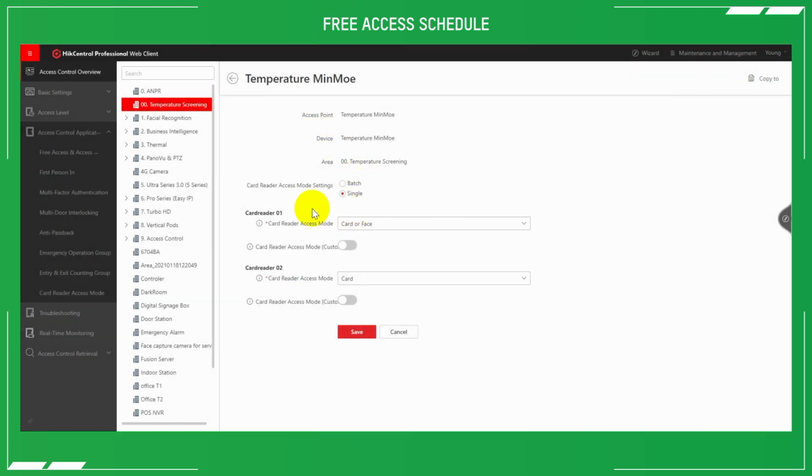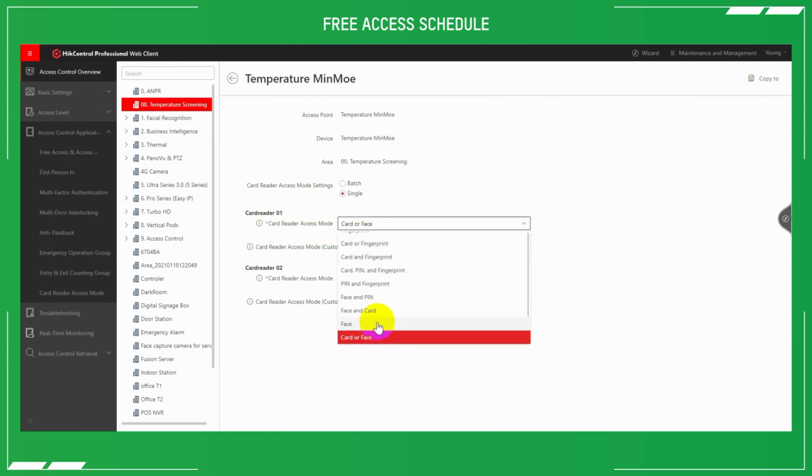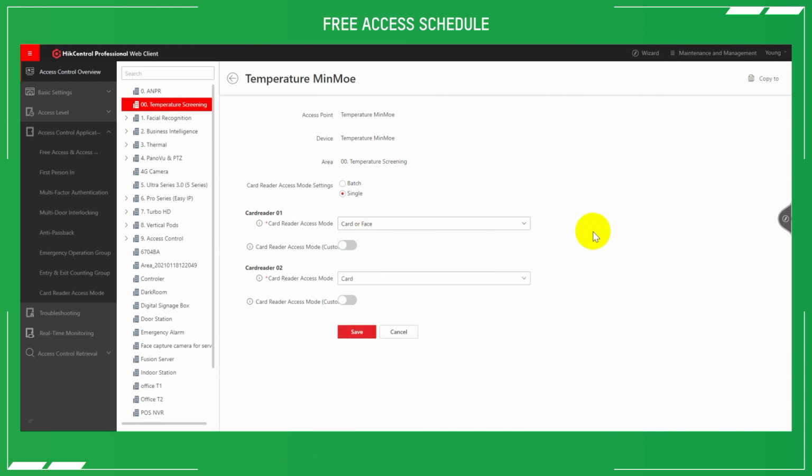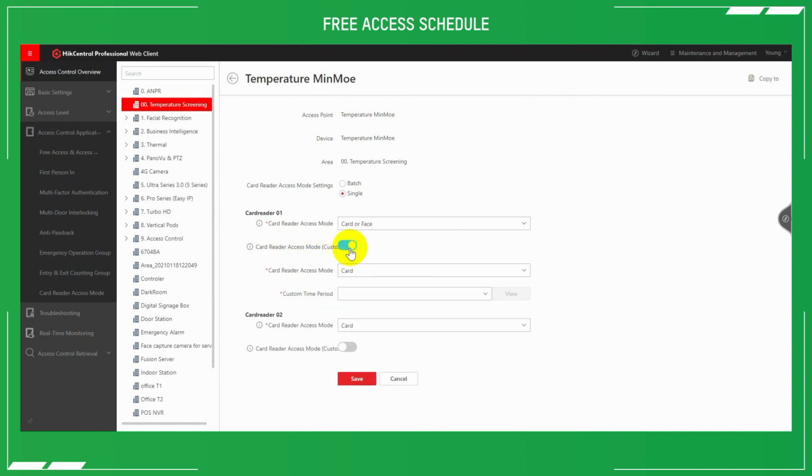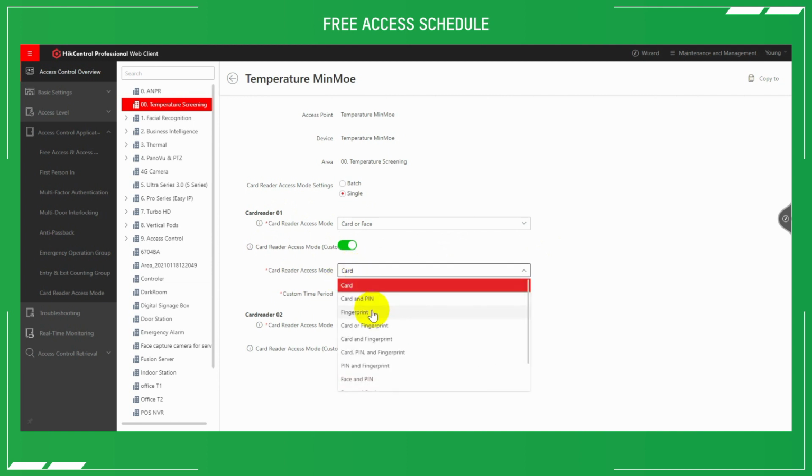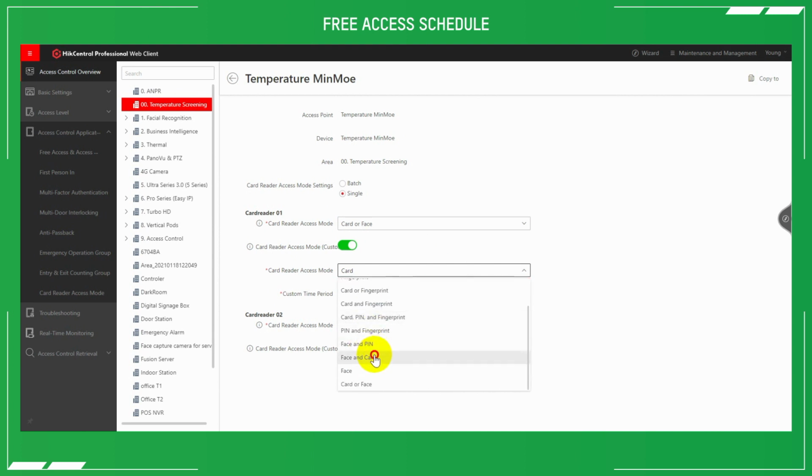Now we've got that template in place, we can check our card reader. So this one has card or face, so it's dual factor authentication, and we can also do a custom version of that. And we can set the access mode needs to be either card or face, and we can set that custom time period template that we just created. So in this instance it's face and card, so it's dual authentication